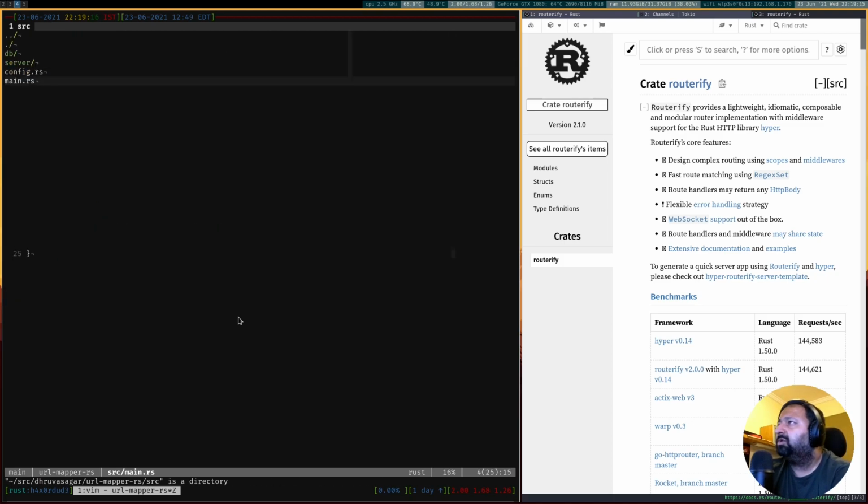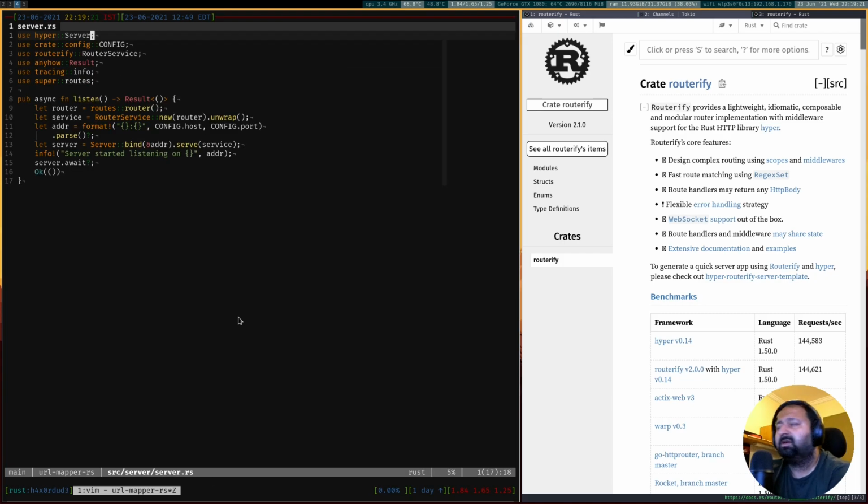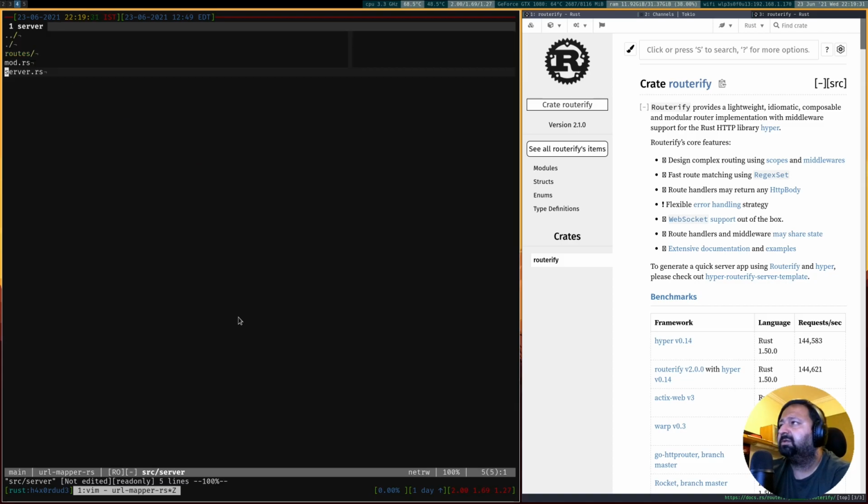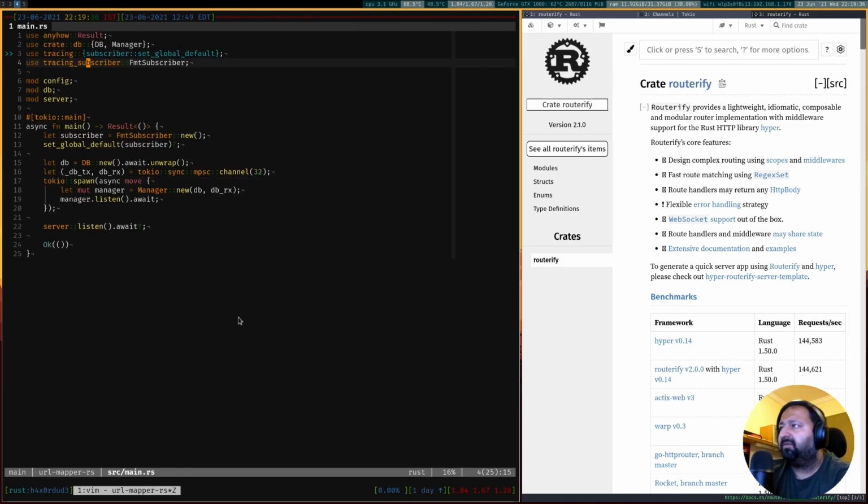What I want to do today is we will start with refactoring a little bit of our server implementation. So as of yet, what we did is we implemented the listen function where we start our server to listen for the requests, and we'll try to improve this a little bit.